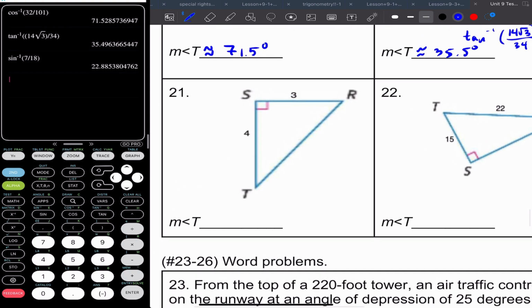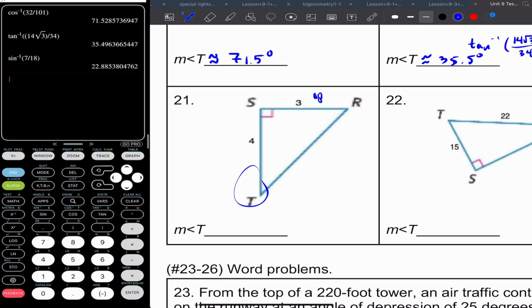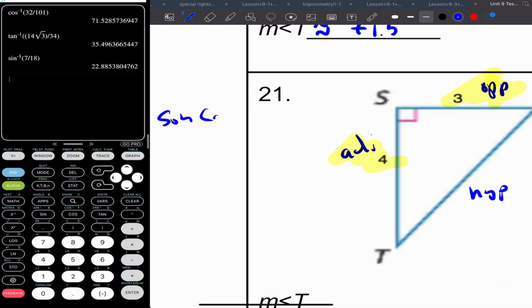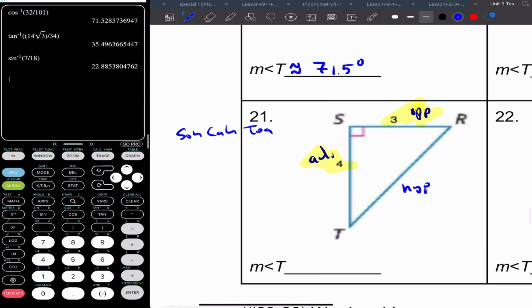All right, number 21, here's T. So this is opposite, this is hypotenuse, this is the adjacent side. So highlight the given information. I have opposite and adjacent. So if I write SOHCAHTOA, again, I'm dealing with opposite and adjacent, so that means I'm going to use TOA, or tangent. So I write tangent of T equals